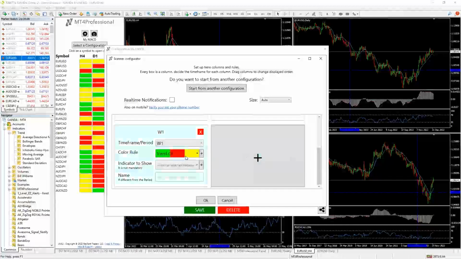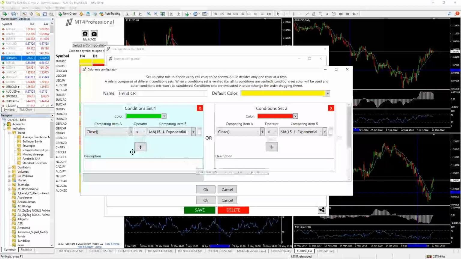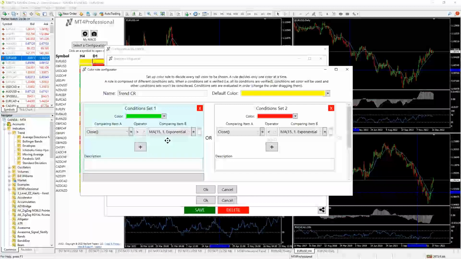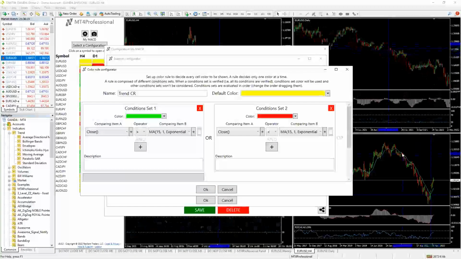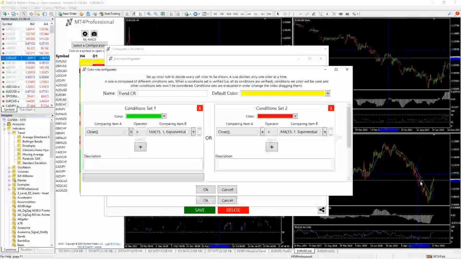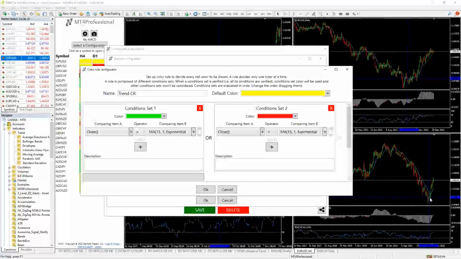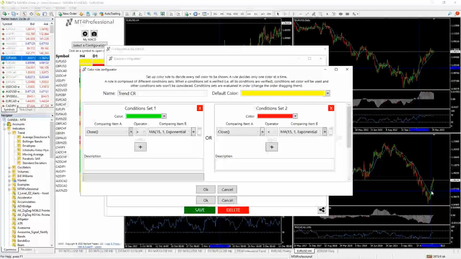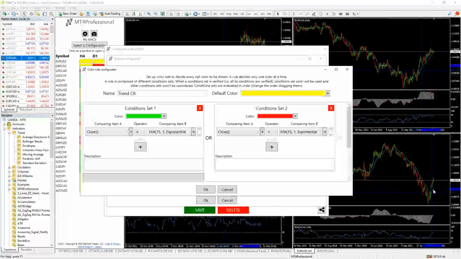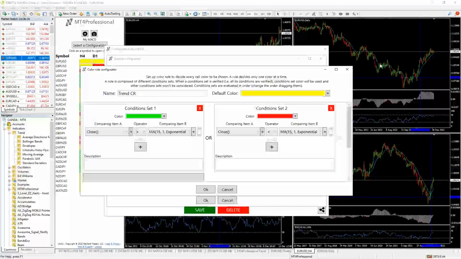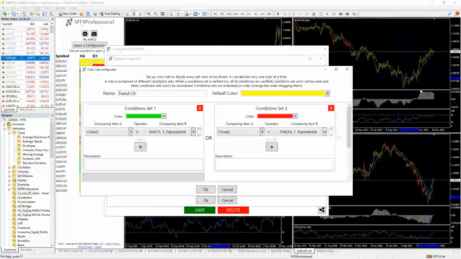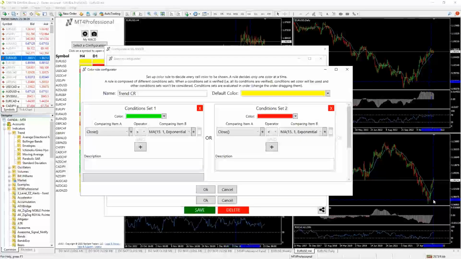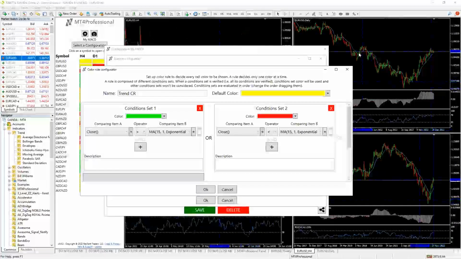You can see that the third time frame here just uses a trend. All I'm doing on that is saying a trend is green if price is greater than the 15 on that time frame. So if my weekly trend price is less than the EMA, I'm in a downtrend. If my weekly trend price is greater than that EMA, I'm in an uptrend. So I'm looking for those types of things. In an uptrend, I don't take the downtrades, and in a downtrend, I don't take the up trades,